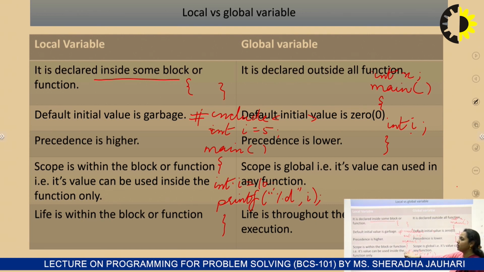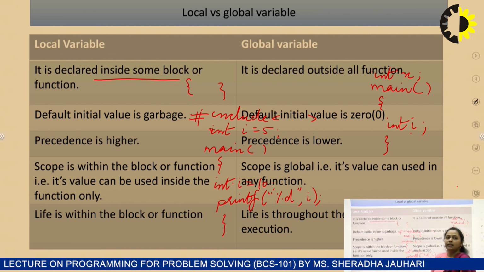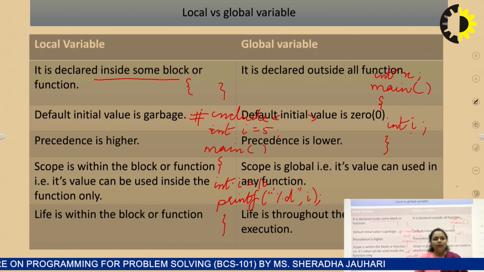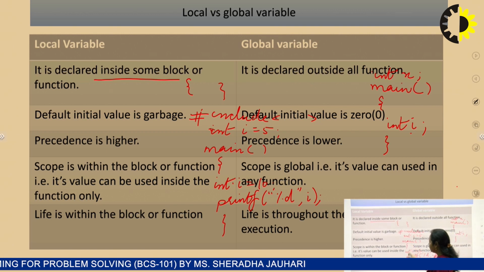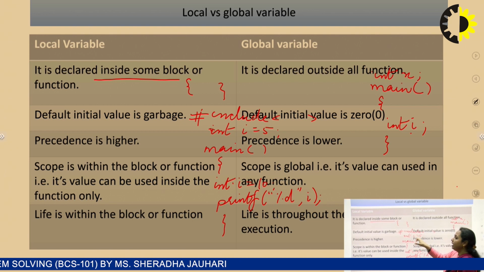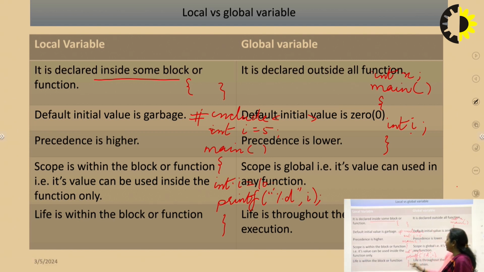That is the meaning of scope. Next is the life. For a local variable, life is within the block or function, meaning i equal to 10 is confined within this main block only, but i equal to 5 is available throughout the program. Till the program is in execution, we can access this value of i as 5, but i is 10 is confined to the main block of the program.